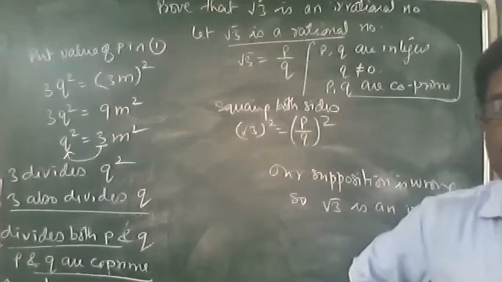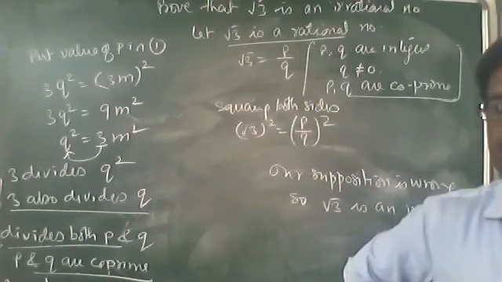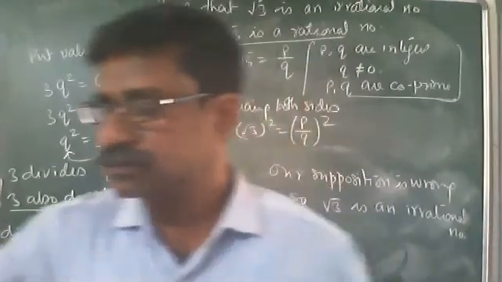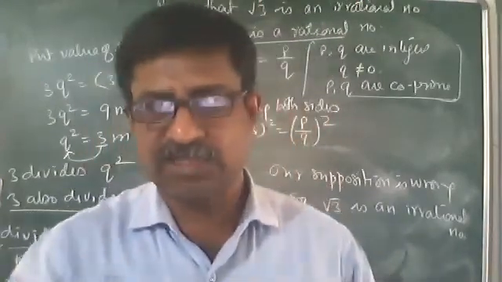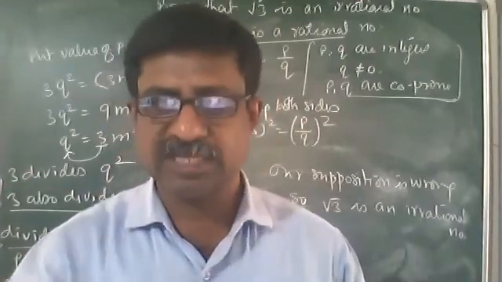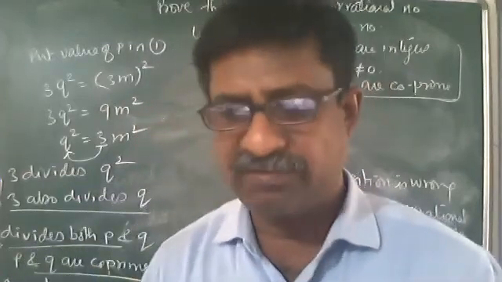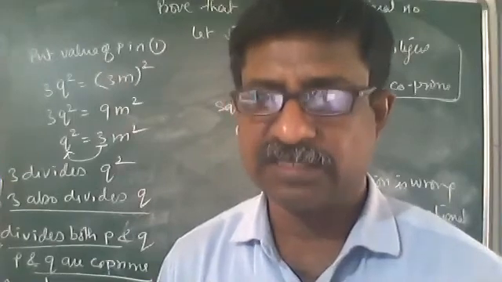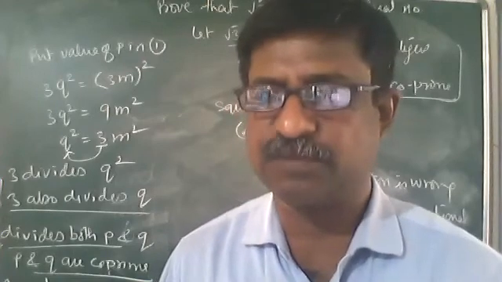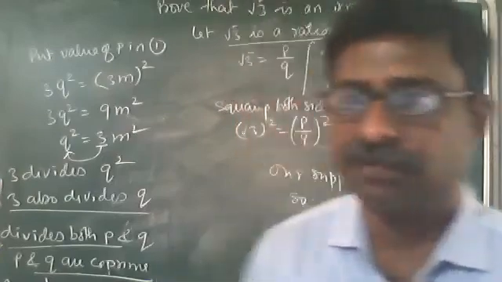This is a very important question. It used to come in the examination for 3 marks. You have to follow the same steps for every question, no matter whether it is root 2, root 3, root 5 or something else. If it is root 5, the procedure has to be followed as it is. If it is root 2, the same procedure. You can practice questions of the same type yourself. It's given in the textbook for root 2, root 3, and root 5 also.